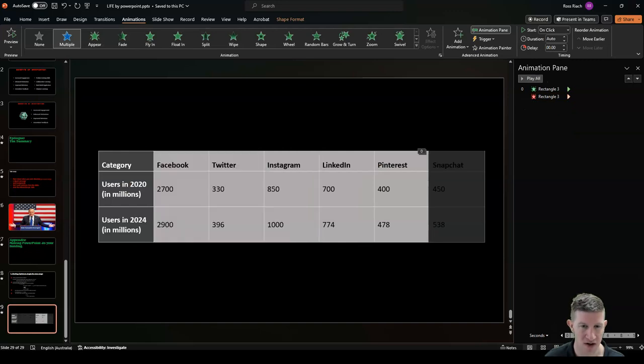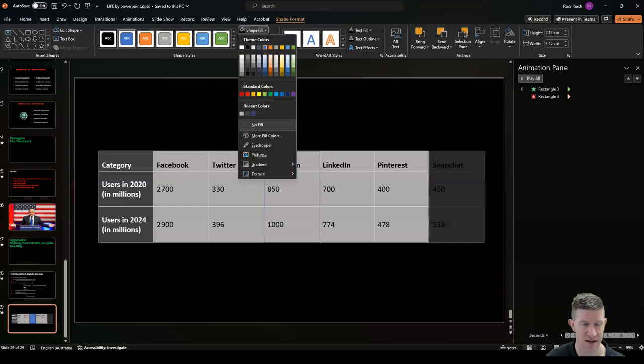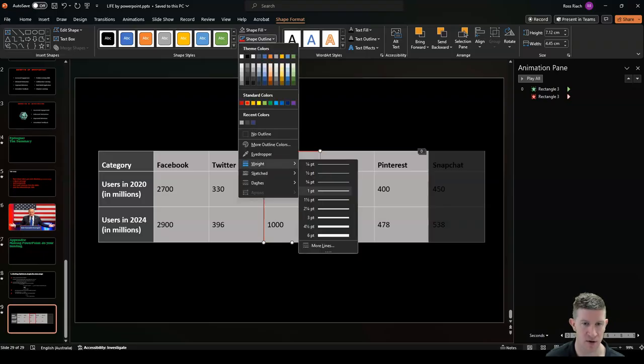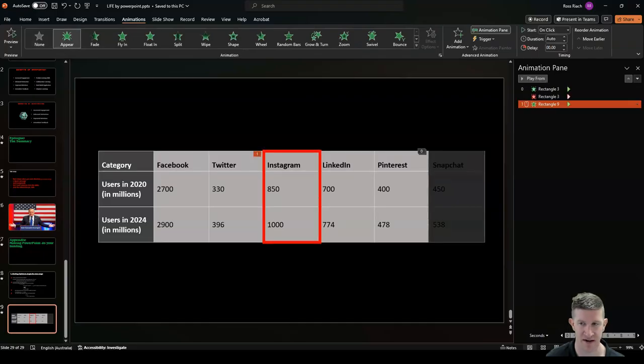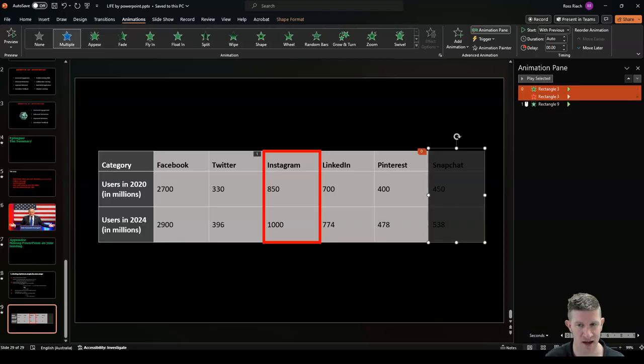If I wanted to do something a little bit different and I didn't want to black things out or I had an image, I could do a similar tool, but I could highlight. So I might go for a box, I'll make it transparent, I'll give it a red, nice thick red border, and I'll do the same thing, I'll give it an appear animation. And so now what I'm doing is I'm making my box appear, and I say if you look at Instagram, the contrast is now drawing your attention rather than the lack of any other distraction. Both are effective